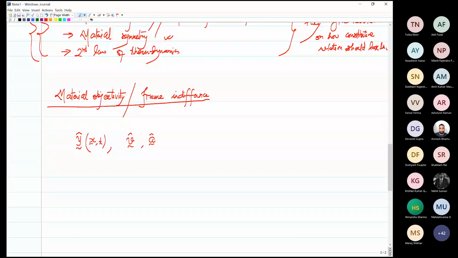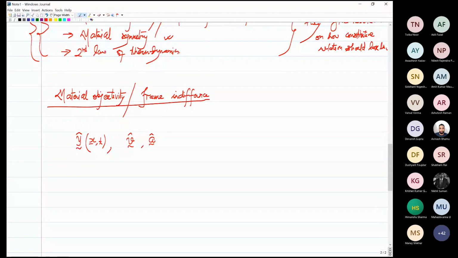I mean, you must have learned that there is nothing like absolute velocity or absolute acceleration. They are all relative quantities. You measure velocity with respect to one frame, you get something. You measure it in a different frame, you get something else, right? So these are dependent on the frame,